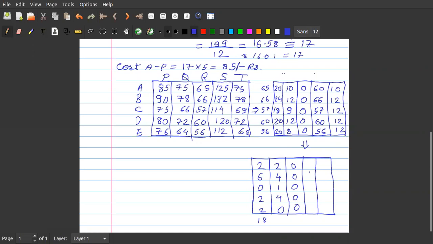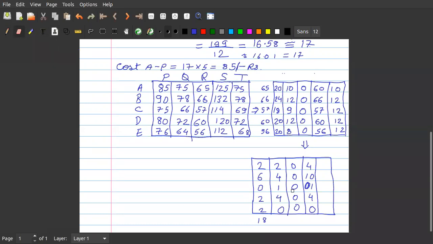Then here the minimum value is 56, isn't it? So 60 minus 56 is 4. 66 minus 56 is 10. Oh, sorry, 0, 1, 1. Then here it is 4 and 0.